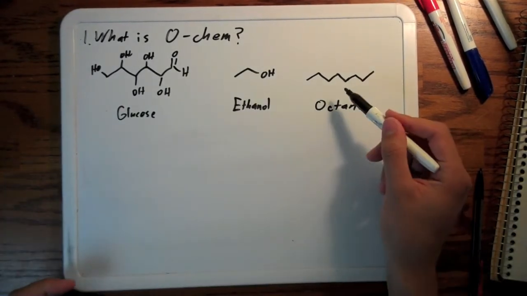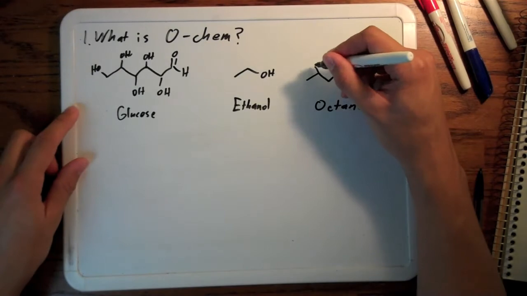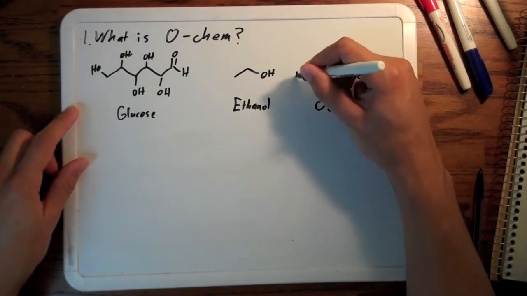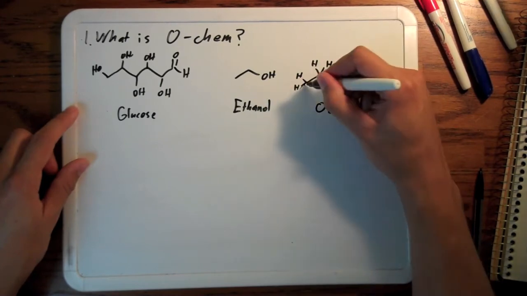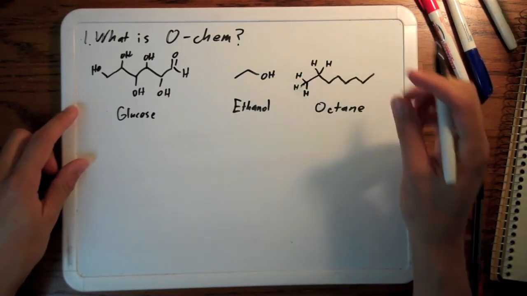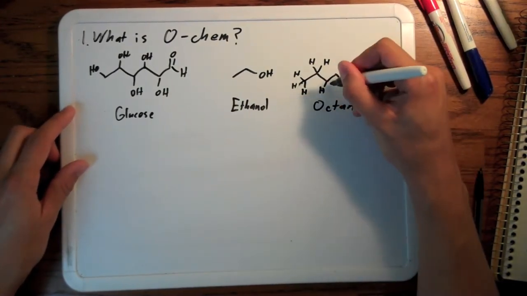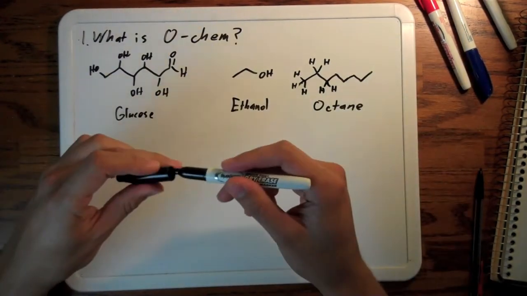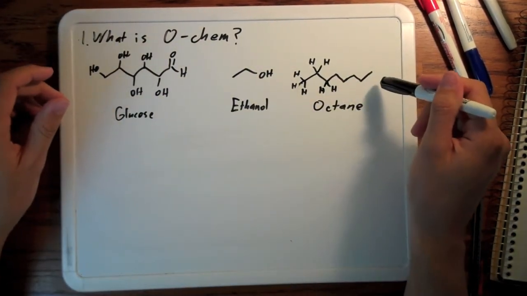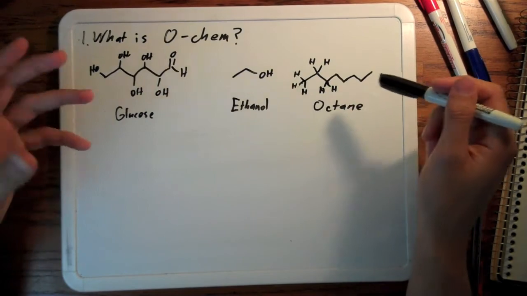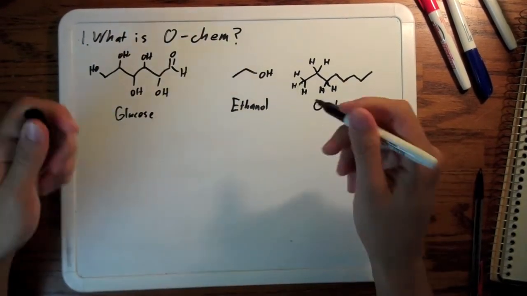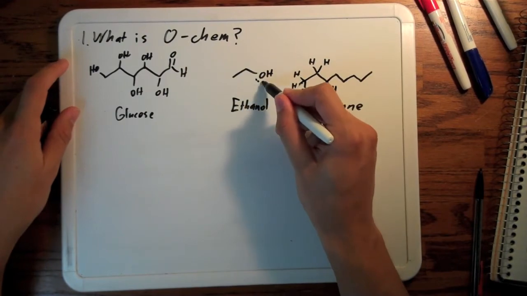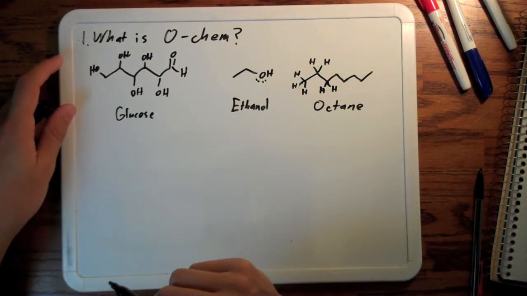So that's interesting, but what can we do with organic chemistry? With things like octane, a fully saturated hydrocarbon, with every carbon bonded to either other carbons or hydrogens, no double bonds, nothing else, there's not much you can do with that. It's very difficult to do any chemical reactions with something like this, because there are no electrons that are readily accessible by anything. However, with ethanol, you know that oxygen has two lone pairs right here.